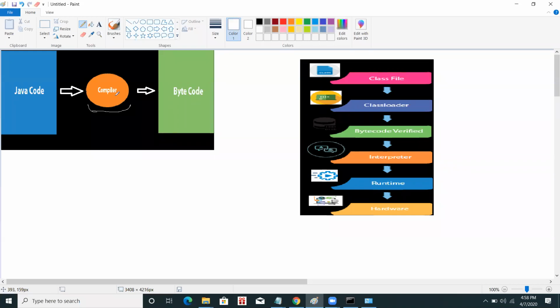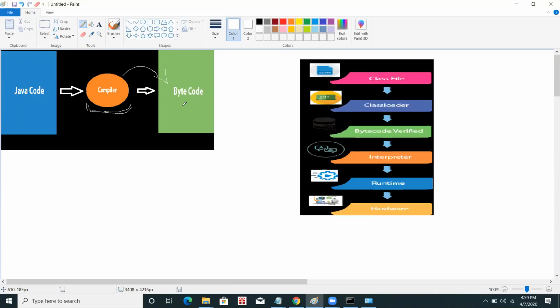And as the source code has been compiled, I can say that it is being changed into bytecode. Now, what is bytecode? I told you that Java is platform independent, and that is because of its bytecode. The compiler generates bytecode if there is no error. I have shown you that .class file, that is also a type of bytecode generated by the compiler. So when our program is successfully compiled, the bytecode is created.